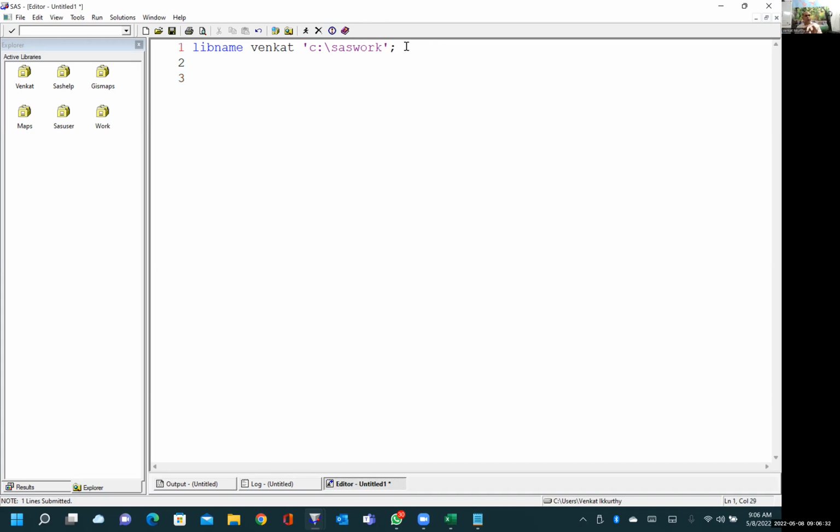So you take a piece of paper, you can write it down. Very first step, create one folder. That is step 1. Create one folder in your C drive,